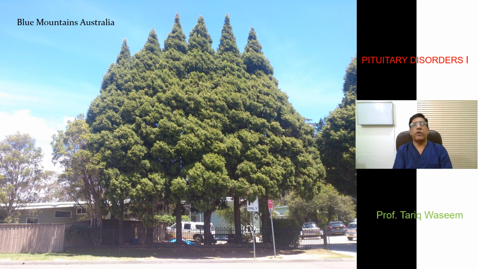This is one of my favorite pictures. It was taken some 5-6 years ago in Blue Mountains, Australia. What you see in this picture is that there are multiple trees, but they look like one single entity. There are roots or their trunks. You might see the trunk of each individual tree, which then unites, and then each one stands out independently of that.